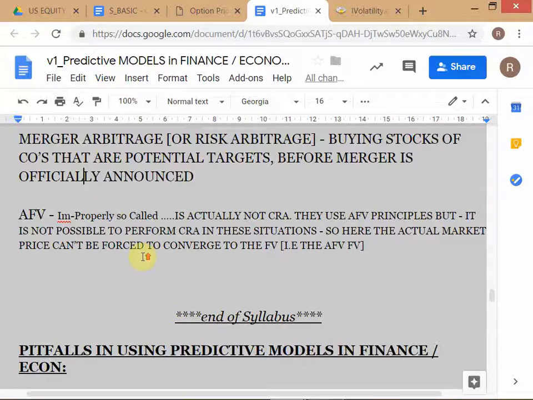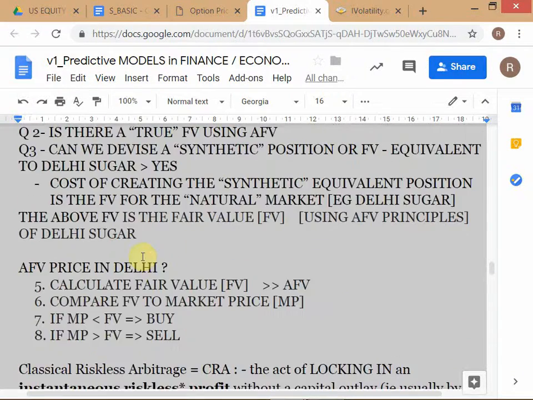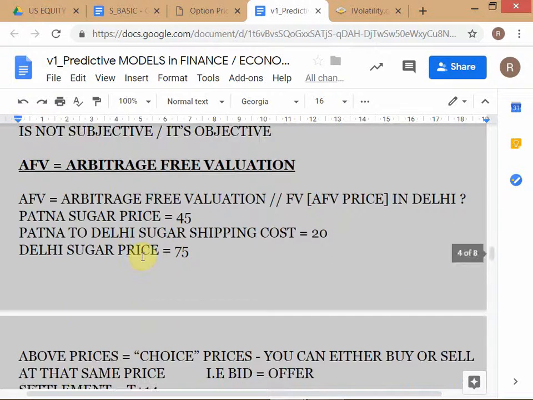Now let me show you what I mean by that. This is also an important thing to understand. Go back to this example. What is Bola doing? Initially we said he's going to deal in 10 kilos of sugar. But let's assume that he is very greedy and sees this opportunity to make lots of money. He says, why should I deal in 10 kilos? Let me deal in 100 quintals, or maybe even 500 quintals, as big a size as possible, because anyway I'm locking in a riskless profit.